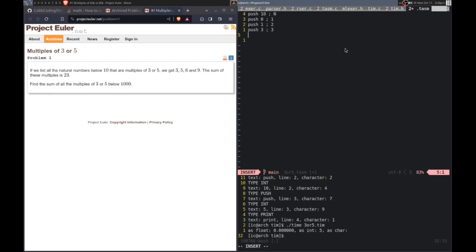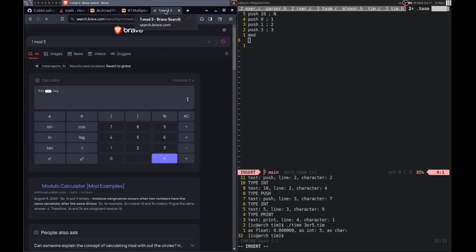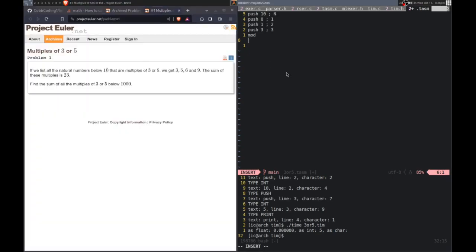And then if we do mod, let's see. So we should just be able to mod that. And then that should do 1 mod 3. So that returns 1, right? But if it becomes 6, then it should be 0. Yeah, okay, so that's what we want. So jump if it's 0, or actually